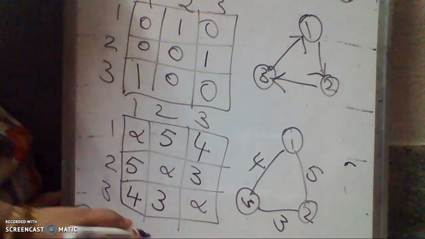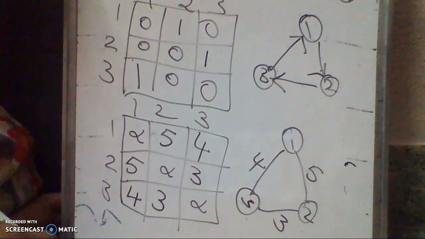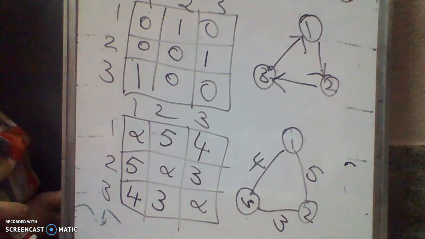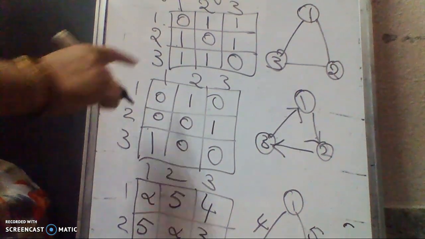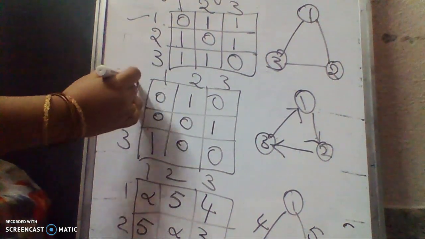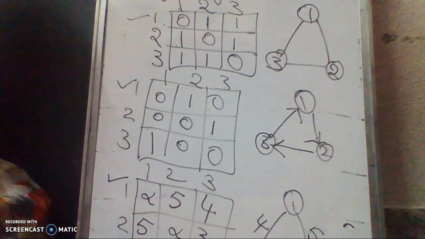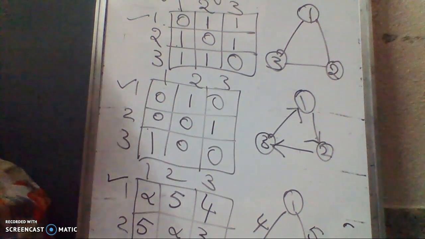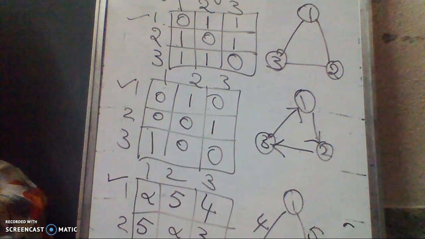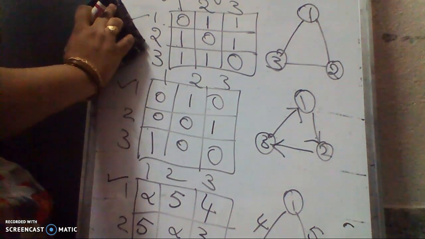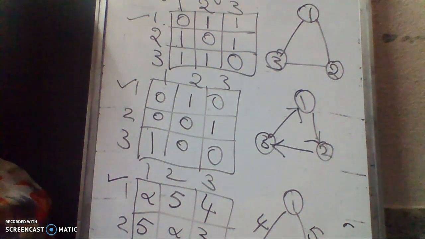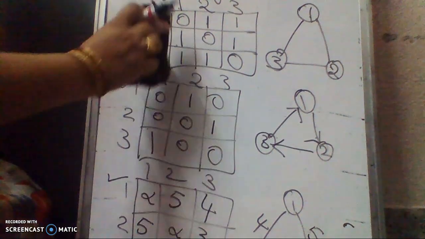Okay, we cannot write any value, so I will mention them as the infinity value. Like this we can write for the undirected graph, directed graph, and for the weighted graph. Like this we can write for the 3 graphs as adjacency matrices. This is already covered in our previous class, and we have given one small assignment also. So this is for the adjacency matrices.